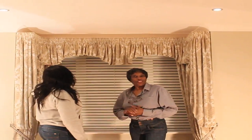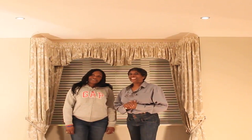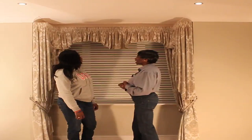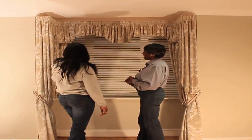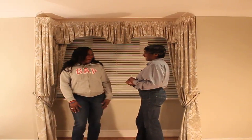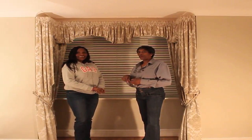Right now we have the owner of the curtain standing right next to me. Her name is Ginny, and I'd like to ask her, what does she feel about her curtains? I just love them. They're absolutely gorgeous, well made, painstakingly put up. I'm so impressed. Yes. Where did you actually hear about me, or where